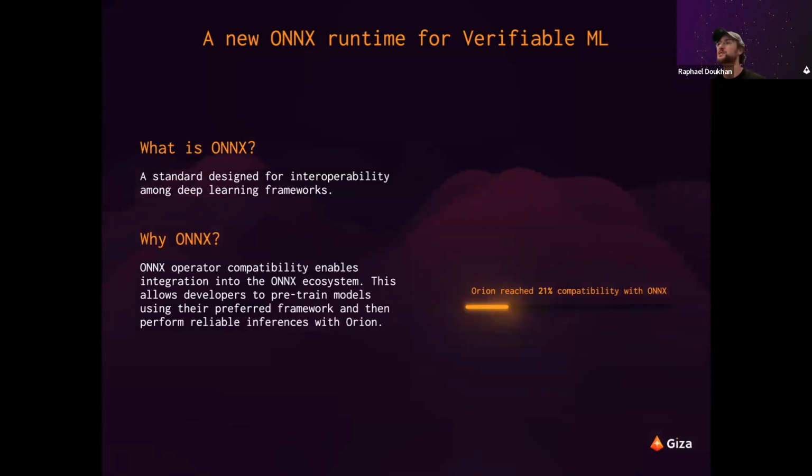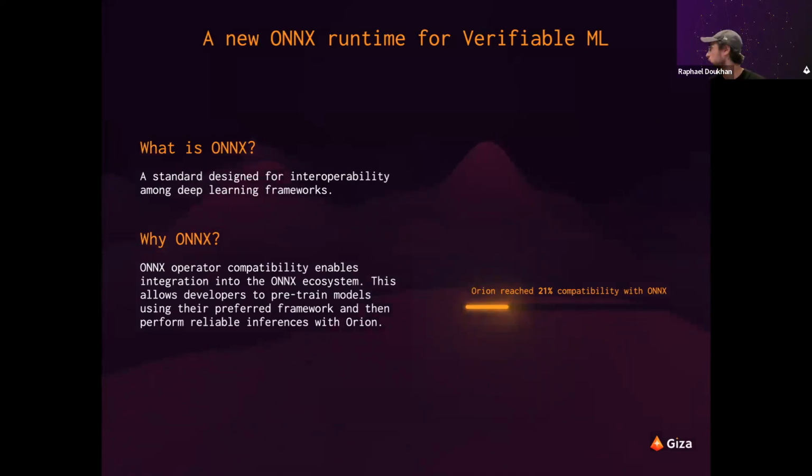So our target is to have full compatibility in November for DevConnect. And I will show you some tools that we are working on that will be nice to hack for DevConnect.